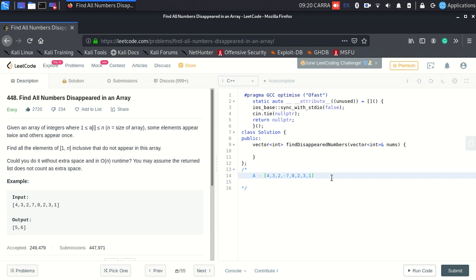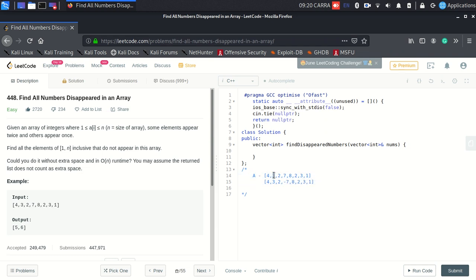Let me give you a dry run of how this algorithm works. Let's update a copy of the array so that we don't lose our original values. I won't be making a copy when I write the code. I'm making a copy just to make sure that you understand the algorithm. So if I have 4, I'll go to the fourth element, I'll make it -7.